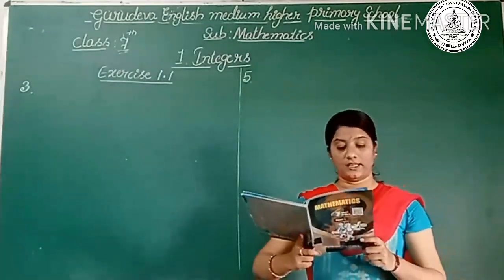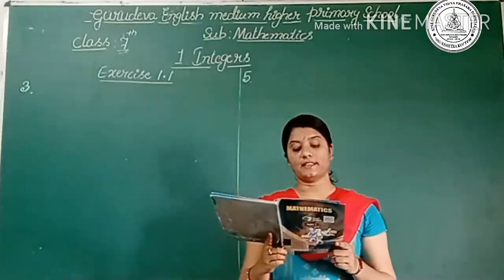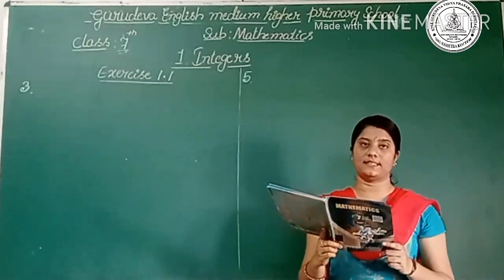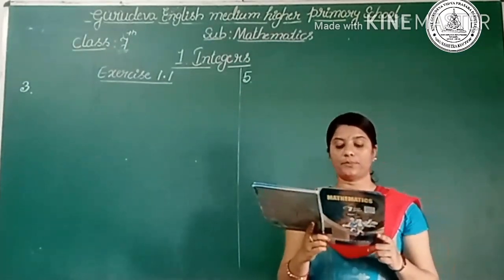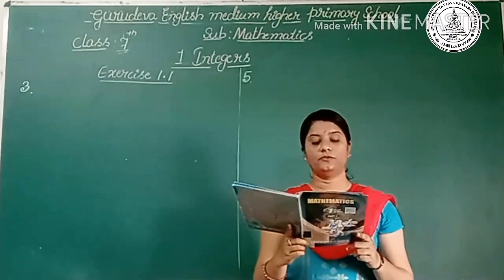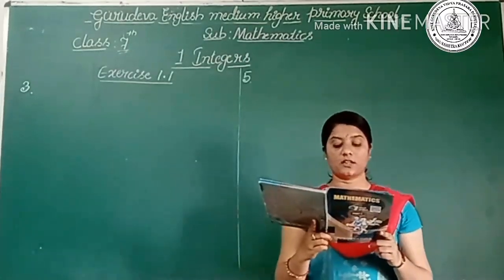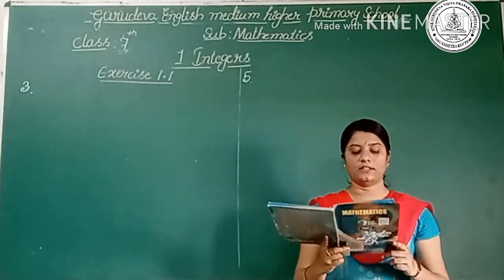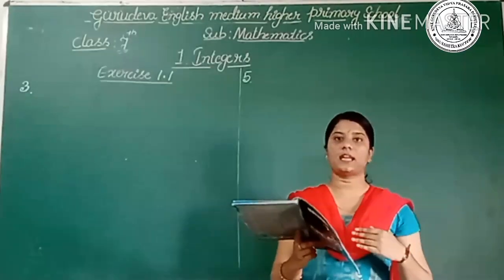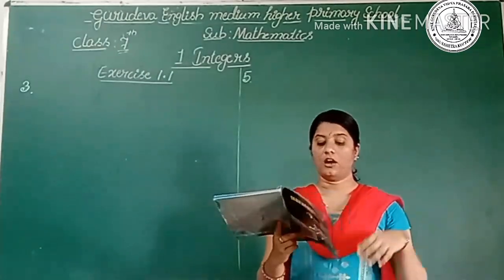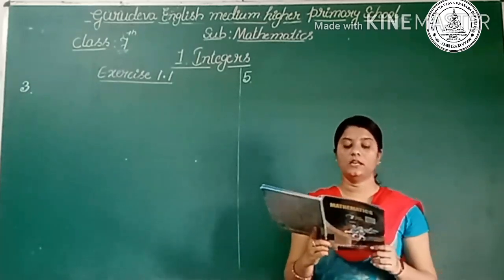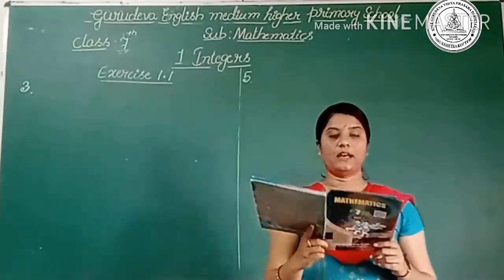The third question is, at Srinagar the temperature was -5 degrees Celsius on Monday, and then it dropped by 2 degrees Celsius on Tuesday. So what was the temperature of Srinagar on Tuesday? On Wednesday it rose by 4 degrees Celsius. So what was the temperature on this day? So here they have given the temperature at Srinagar on Monday is -5 degrees Celsius. On Tuesday it dropped 2 degrees Celsius. On Wednesday it rose by 4 degrees Celsius. So now we have to find out the temperature of Srinagar on Tuesday and Wednesday.